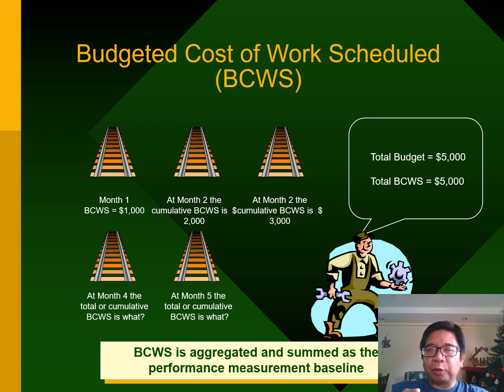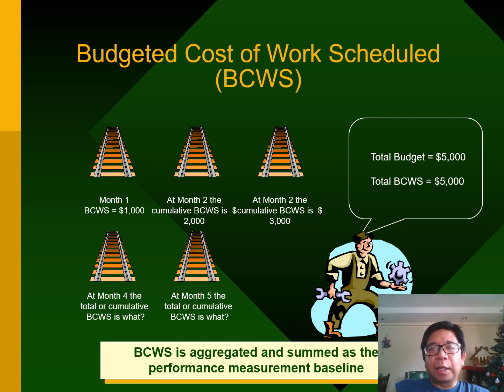BCWS, if you're doing a project status report, it's usually at a certain point in time. So the BCWS up to that point should be aggregated and summed. Why do you need to aggregate and sum? Because that will serve as our performance baseline. So using the example that we have again, if we're doing a project status report at the end of month 1, the BCWS at that point is 1,000, because that is what I scheduled